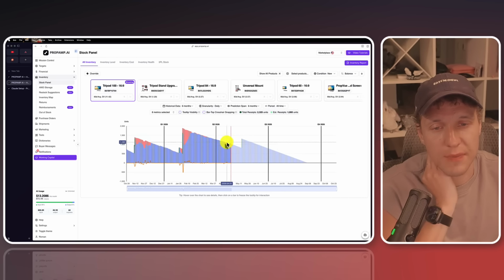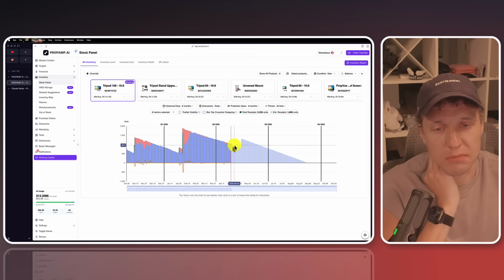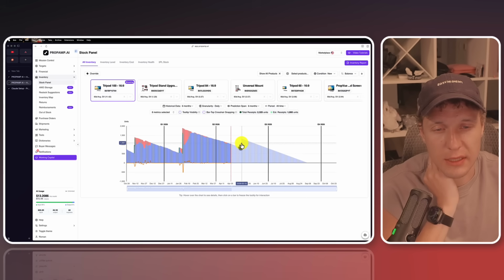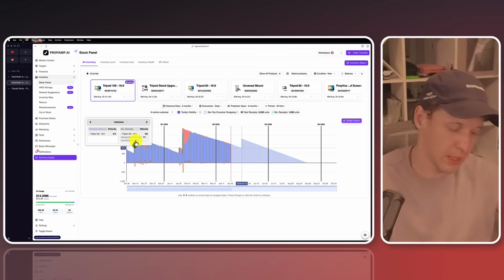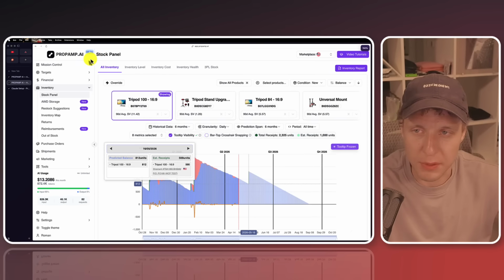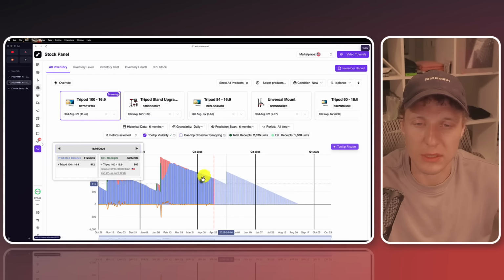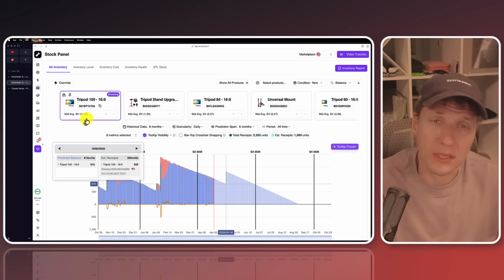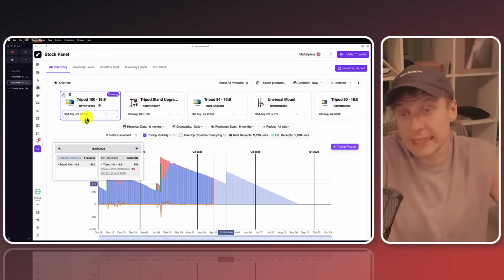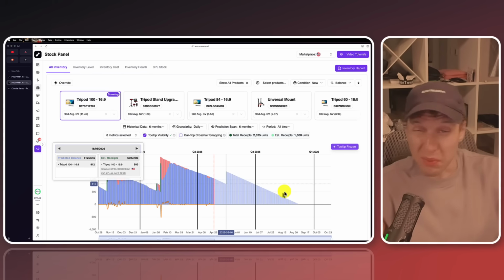So as you can see, the inventory now is quite sufficient, and this little candle here signifies that we have an upcoming shipment. If I call back the tooltip, it will tell me what kind of shipment it is. This is the shipment ID. This is the PO. Let me make it bigger. This is the purchase order to which this ASIN is connected, and it says that in the middle of May we have more coming. And according to our velocity within the last 90 days, our inventory will deplete by the end of August. But,